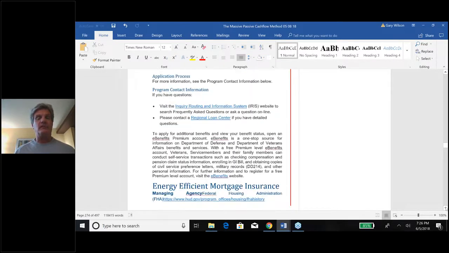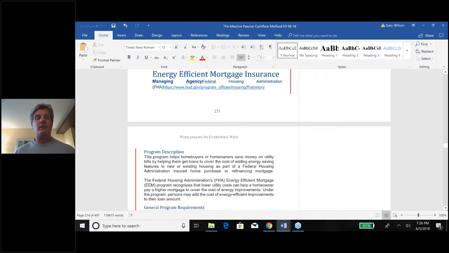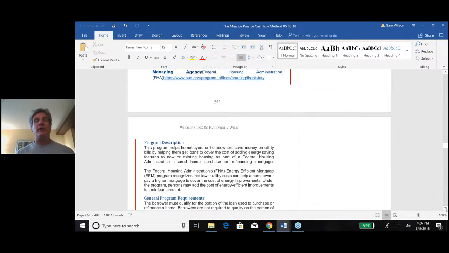So, in any case, here's one that's pretty neat. The energy efficient program. Again, another FHA program. I remember when I was a kid back in the 70s, putting solar panels on people's roofs was a big deal, and the government was making some very low interest, long-term loans for people who wanted to be more energy efficient, use natural resources like hydro,